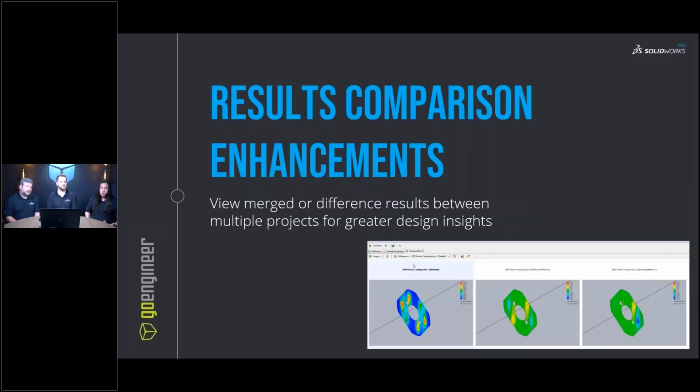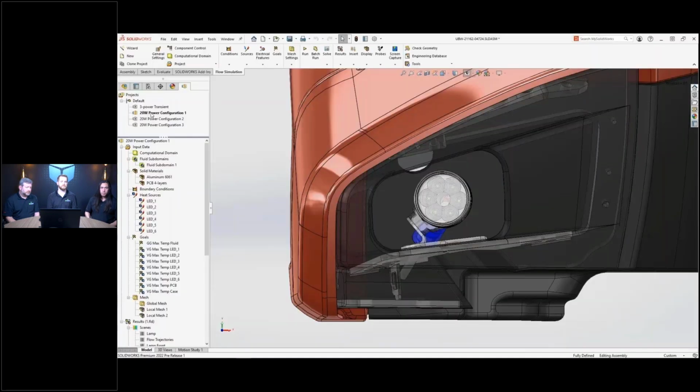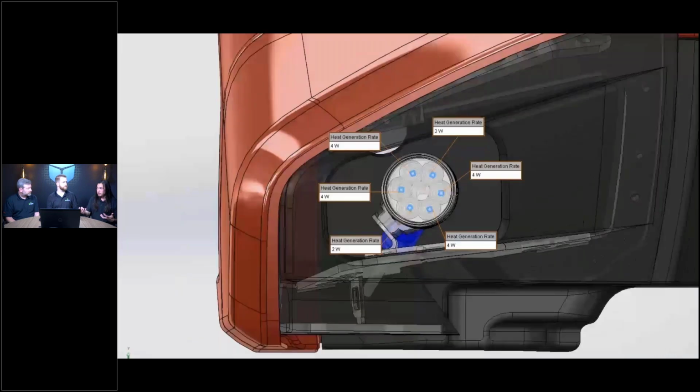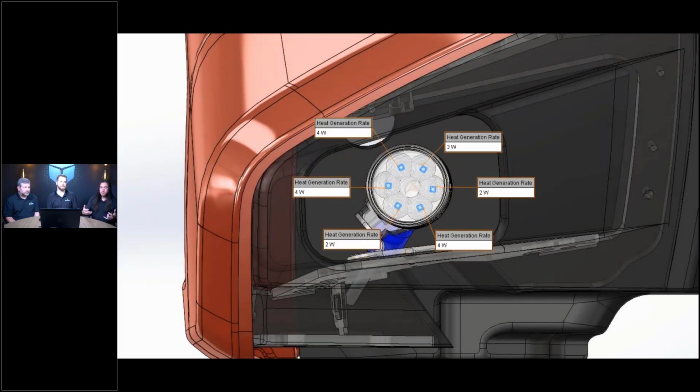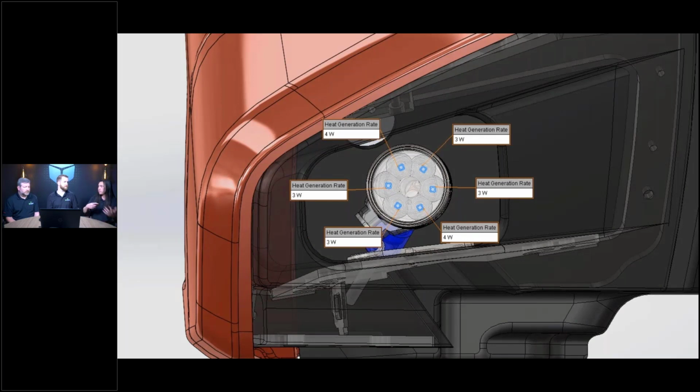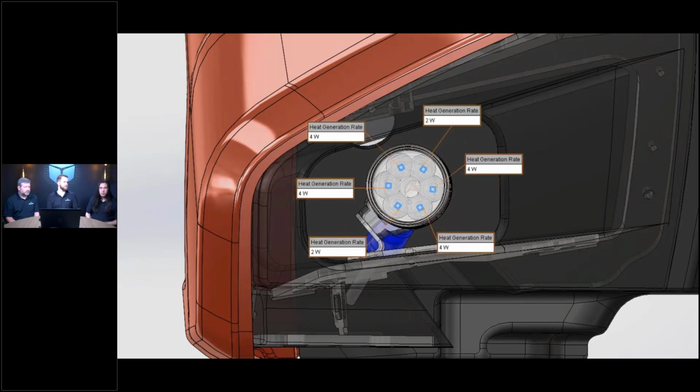Now the new results comparison: we can look at different results both on top of each other and side by side. So if we need to see what the total resultant heat was on a given area, or what the difference is between certain configurations, this is the new results feature that we have. Of course, we have different heats applied to these different lamps. After running the analysis,